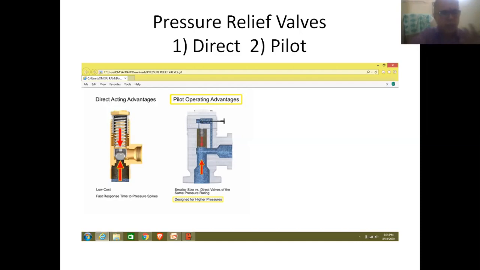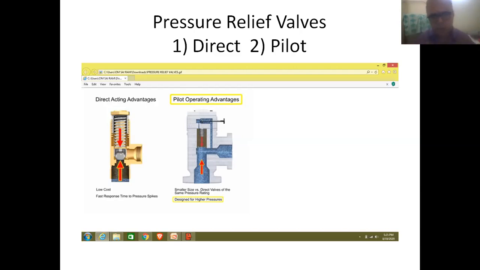This can be either a spherical element, and you can see the screwed element that is placed on the top of the valve. Here we can see the inlet port of the pressure valve, which is fitted to the branch pipeline coming from the hydraulic pump, and the outlet of the pressure valve is fitted to the return pipeline that is going back into the reservoir.